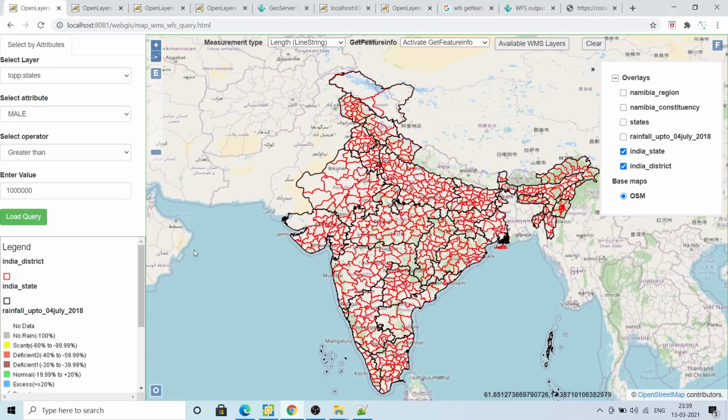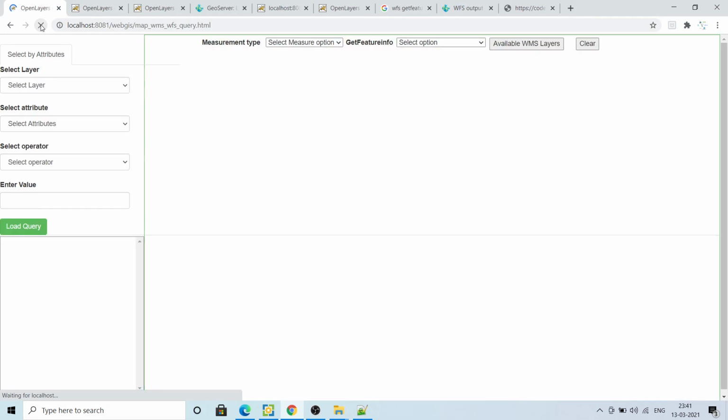And you'll have this very beautiful WebGIS. This is basically using only two things: OpenLayers 6 and GeoServer. Put all your data inside GeoServer and you're good to go. So this is basically from this video.